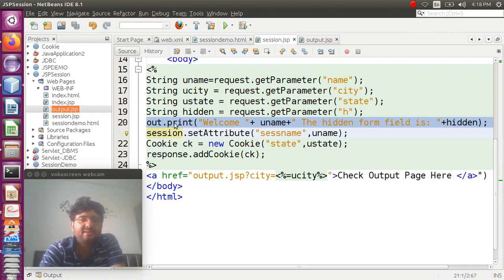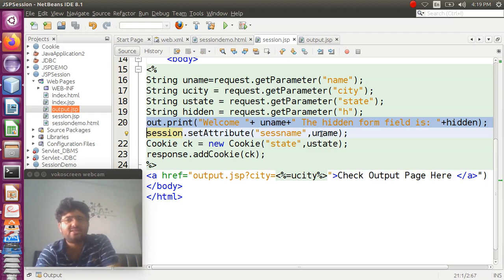Okay, then in line number 21 I have called the set attribute method over the session object, which is the implicit object, and we have also seen in the servlet that it has two parameters. One is the name of the session and another one is its value. Okay, so the name is sysname and value is uname. So what is there in the uname? Whatever the user has given as the name.